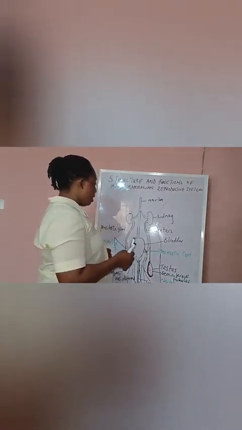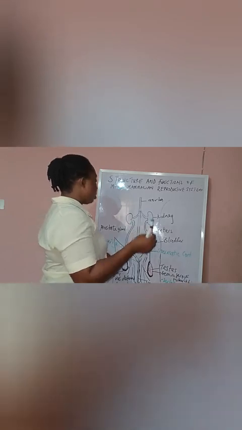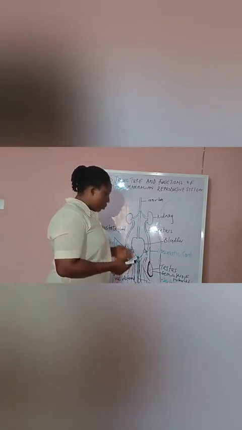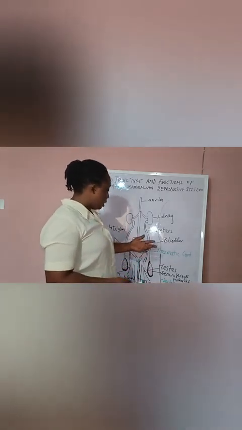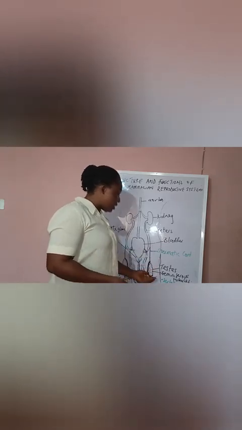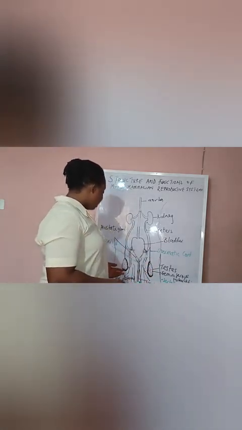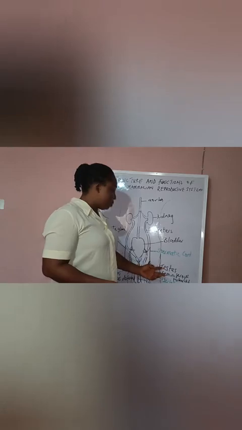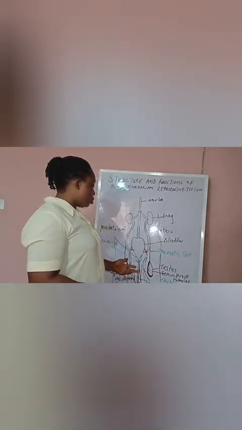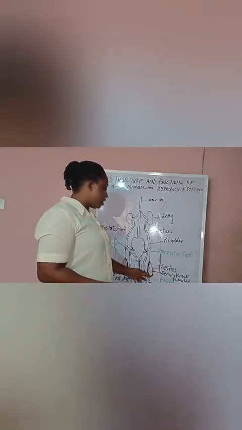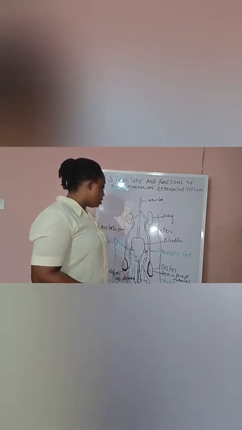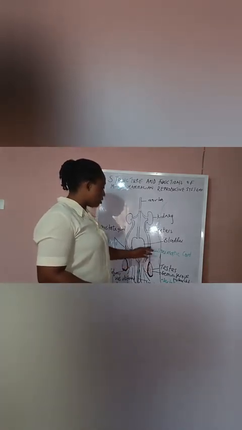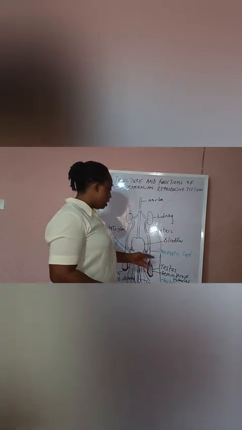So we can see all these organs that make up the male reproductive system. We started with the testes, then the epididymis, which stores the sperm temporarily. The sperm are produced in the testes, in the seminiferous tubules, which contain a lot of sperm-producing cells. I also said that the spermatic cord suspends the testes.